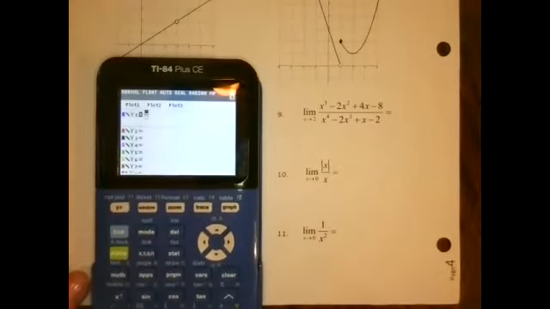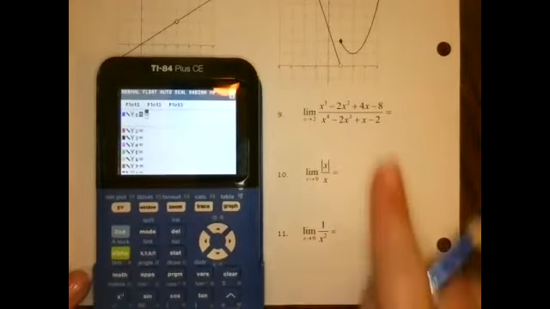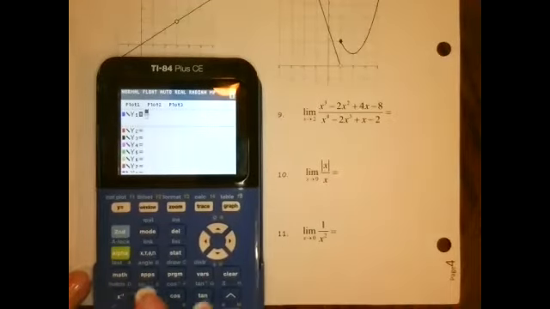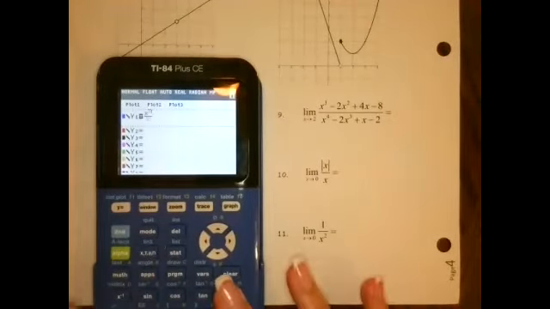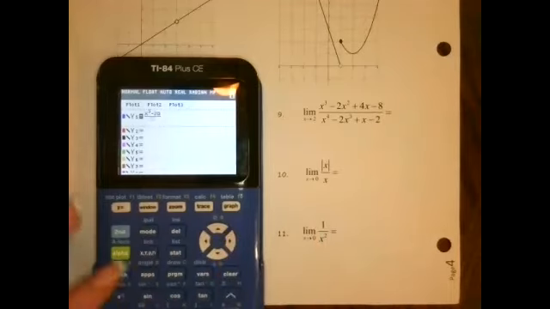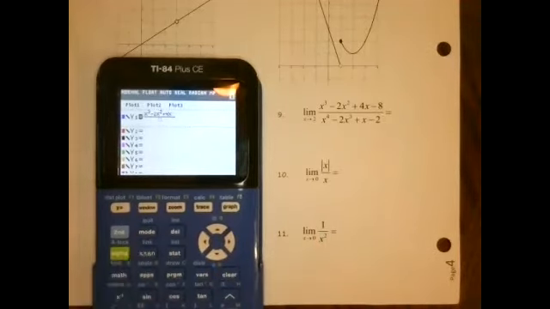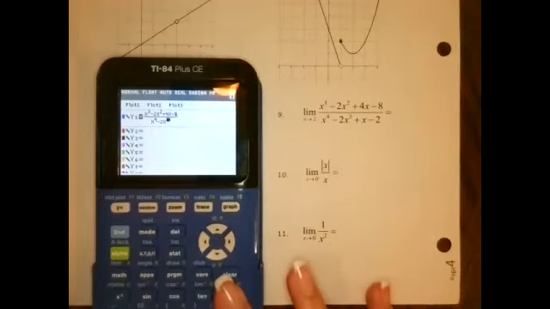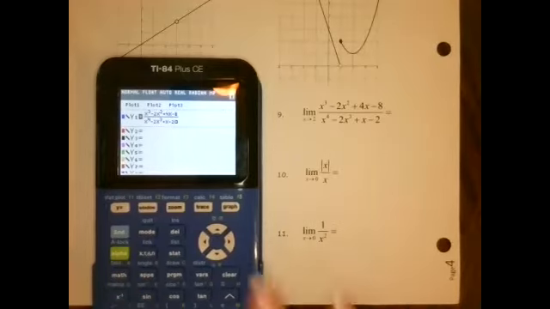Alpha y equals allows me to put in a fraction. And so I'm going to put in this fraction the way I see it here. And so I've got x raised to the 3rd power minus 2x squared plus 4x minus 8. And then in my denominator, I'm going to have x raised to the 4th power minus 2x raised to the 3rd power plus x minus 2. All right. When I hit graph on this,